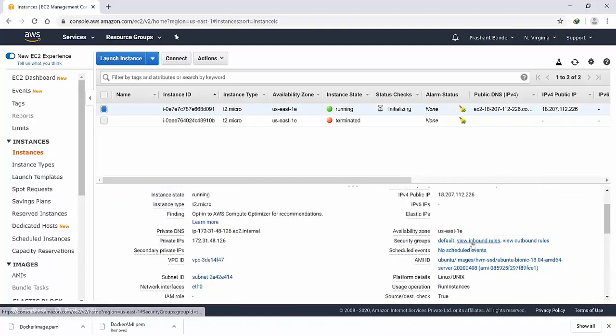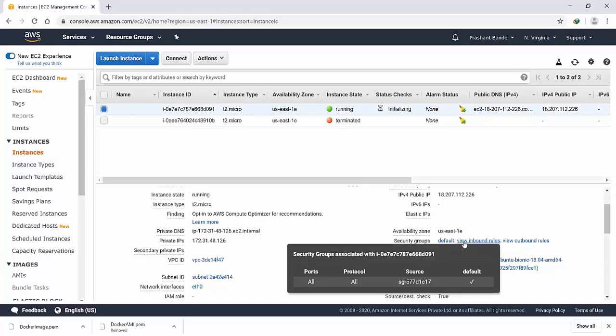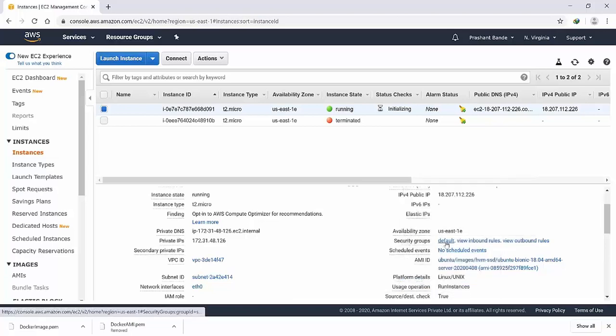Okay, so just have a look at our inbound rule. So basically this inbound rule says that all ports are open for all protocols, but that is within this VPC. Okay. So the server is accessible within this VPC. Outside of this VPC, server is not accessible. So what we can do, we just need to add one extra rule here. Okay, so go to the security group here,